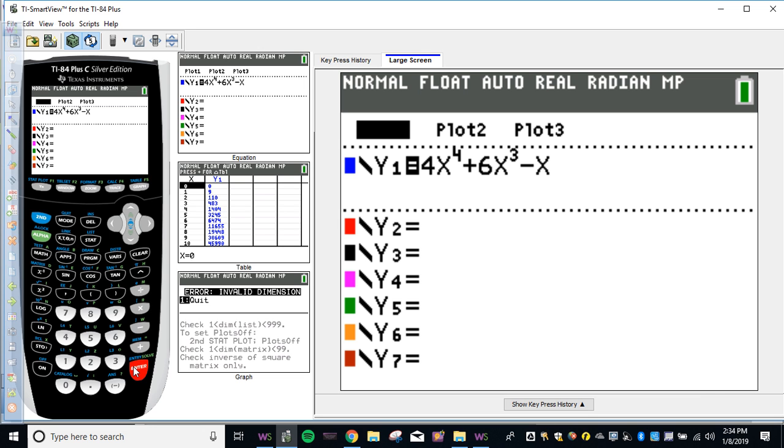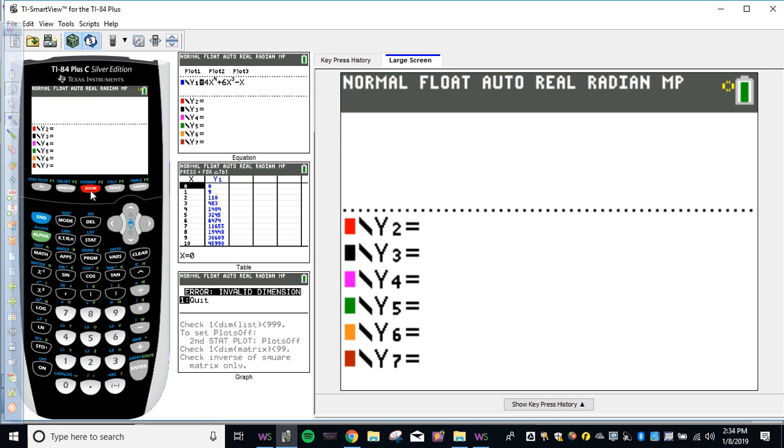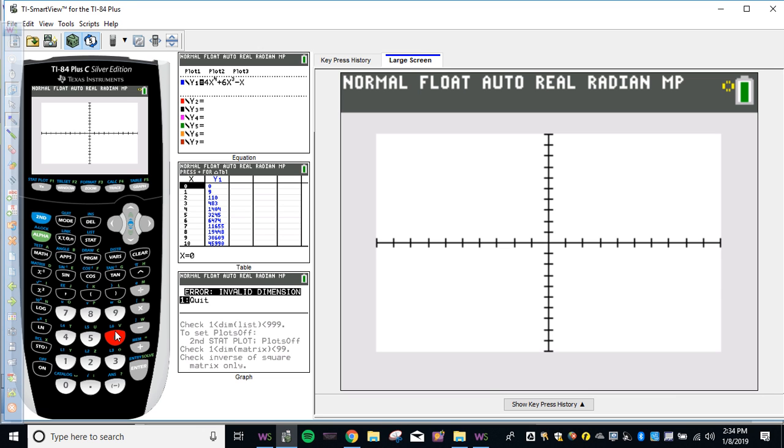All right, so I'm going to hit Zoom 6 to get it to a regular window here. So it's got that W shape, kind of like this x to the fourth does on the old school whiteboard. Okay, now not all x to the fourth look the same. They just generically look like a right side up W, but it depends what else is after the x to the fourth as to how curvy or whatever it is. So you're just kind of getting a general view of what it should look like. Now,